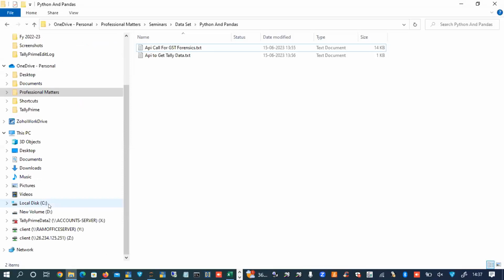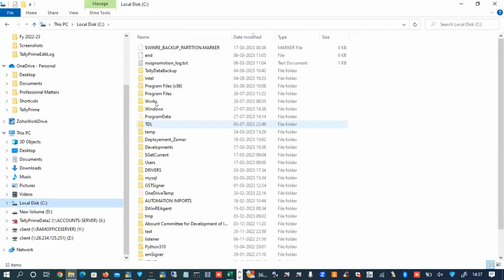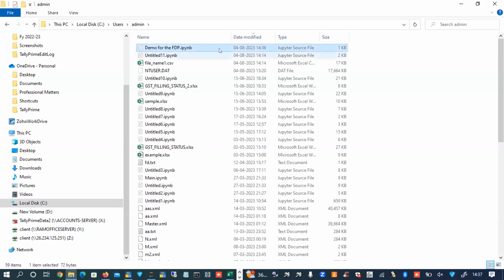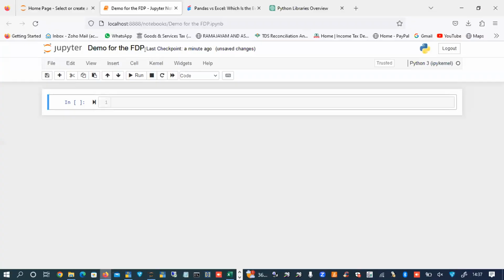You have to go to your C users, your root directory. My root directory is admin. Here, demo for FDP, it will save as a small notepad file running into a few kilobytes. This is the location of the data generally.